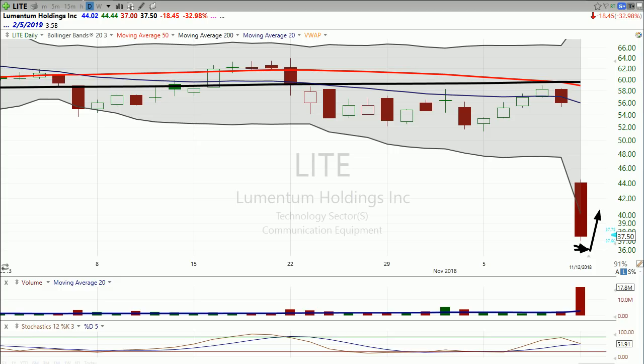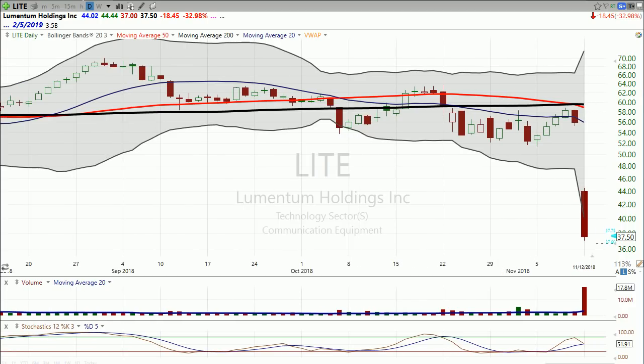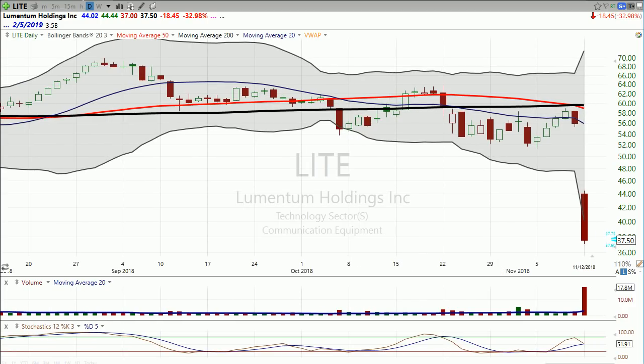In that event, of course, then 37 is not going to be the floor. It's not going to be the ceiling either. It's just going to be a level that you look at, and then once the stock starts pushing through 37, that is when you would make your purchase with a stop below wherever the opening print was. So anyway, I think there's a trade to be made on LITE tomorrow, but not absolutely,